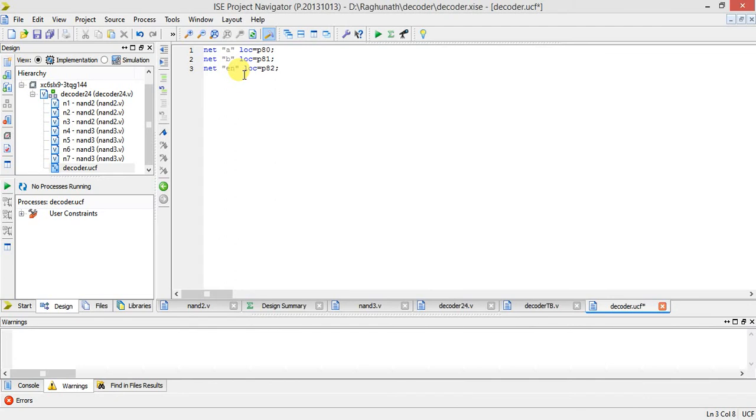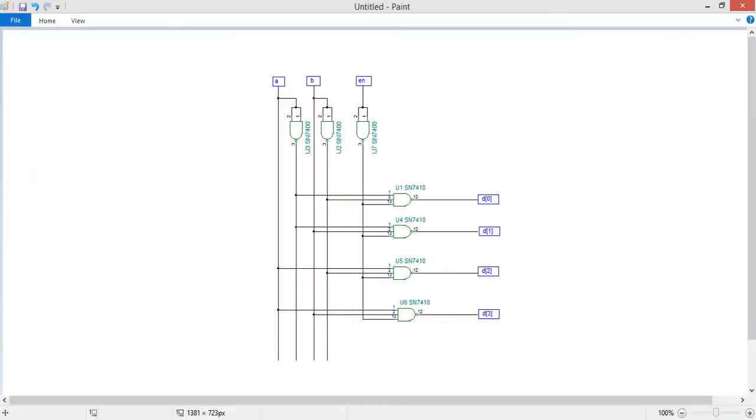Okay. So now we have four output pins, D0, D1, D2, D3. So for that I am using net, D of 0. First let me check which one is there. So D0, D1, D2, D3.